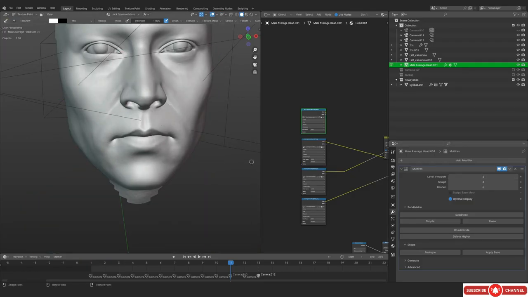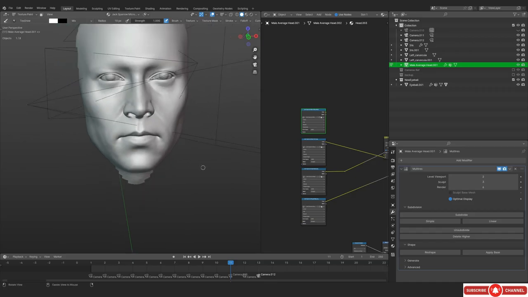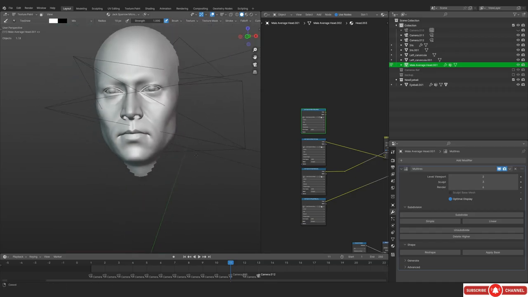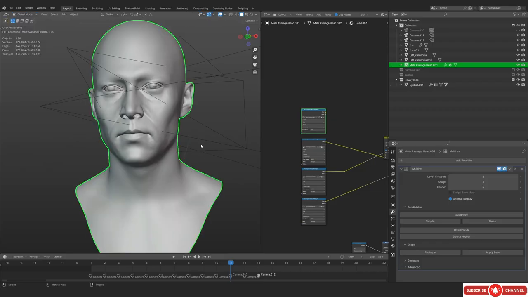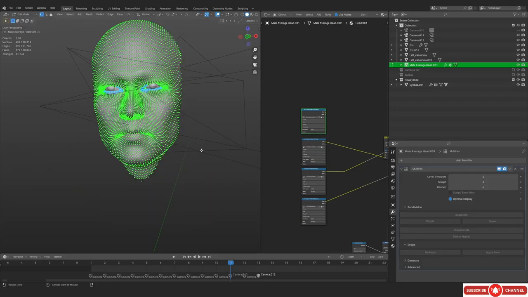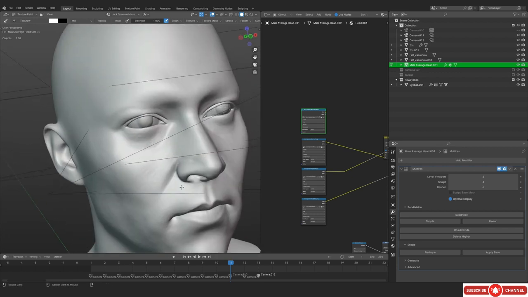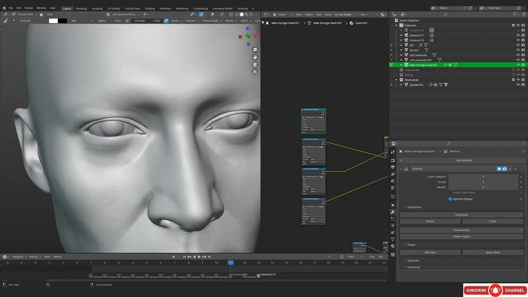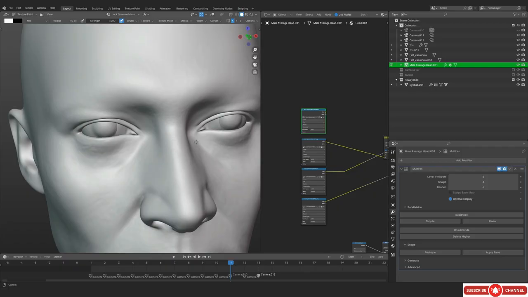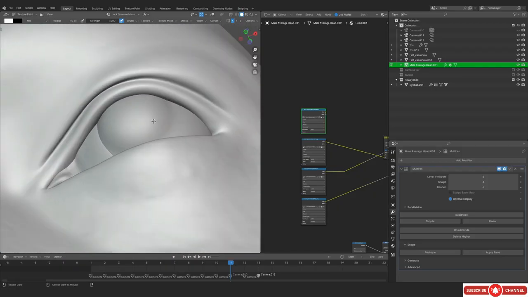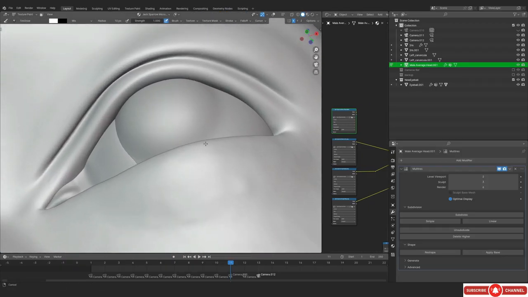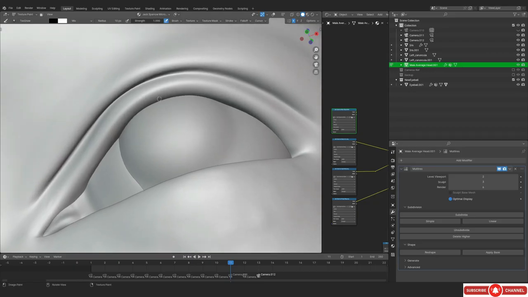So I really hope that actually makes sense to you. And because we can actually lower down the subdivision, we're gonna be just directly painting onto an image so that we don't have to do the baking and stuff. Even though you can pretty much do that in the color attribute as well. But because we don't have a color attribute in this mesh, we are just gonna be using the image texture.